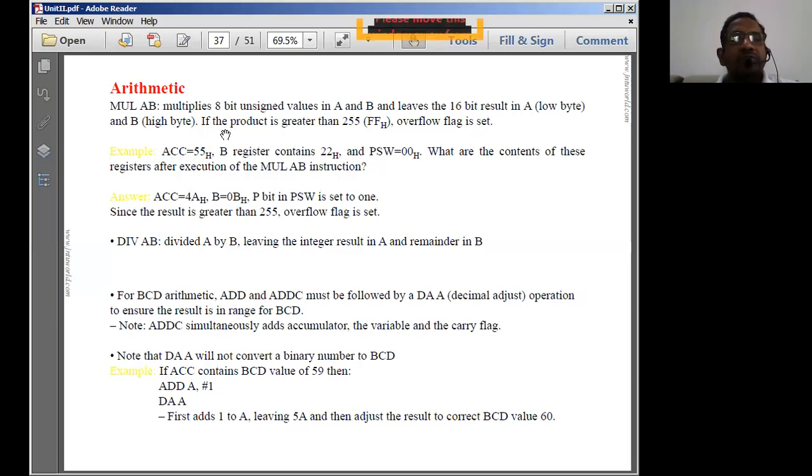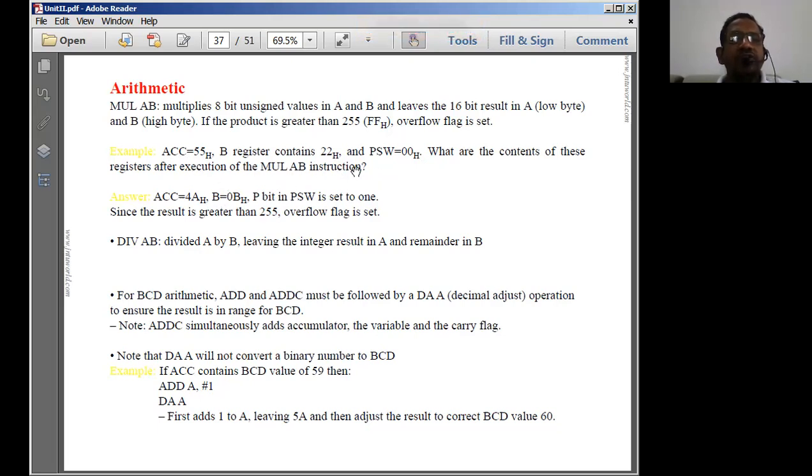In this process, if the product is greater than 255, then the overflow flag is normally set. For example, imagine that the accumulator contains 55H, A is equal to 55H, B is 22H, and the program status word is initially 0. Then after we execute the multiply instruction, what is going to happen?